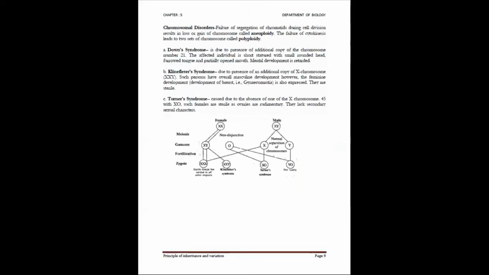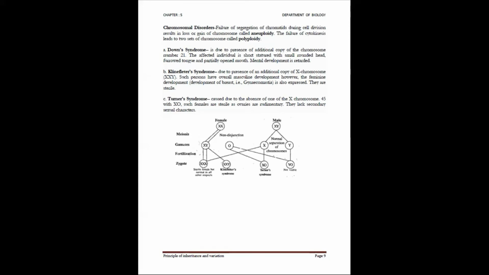Moving on to chromosomal disorders, yes, this is again a very frequently asked question because the definition also will be asked. And can you see here, there's aneuploidy and polyploidy. The definition of aneuploidy and polyploidy will be asked, or the differences also can be asked. The syndromes which come under chromosomal disorders are Down syndrome, Klinefelter syndrome, and Turner's syndrome.